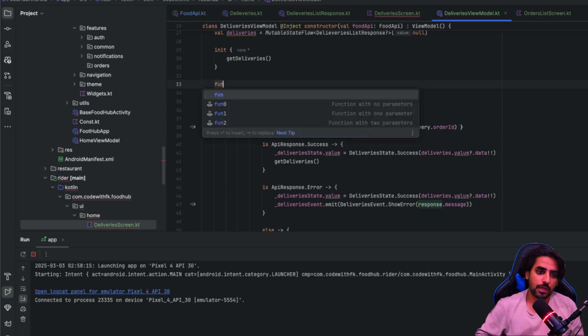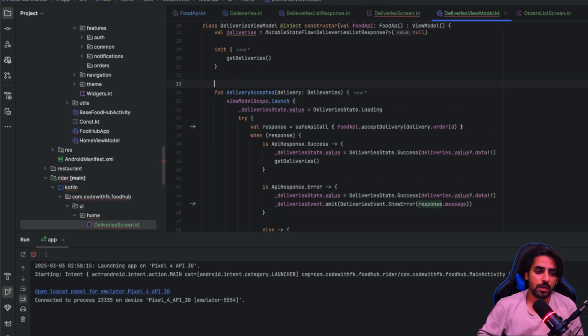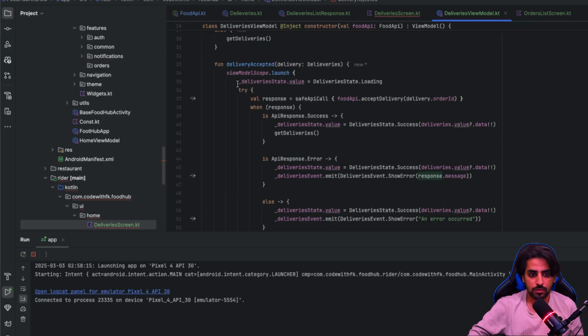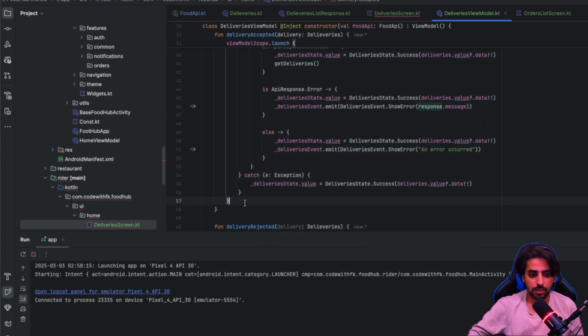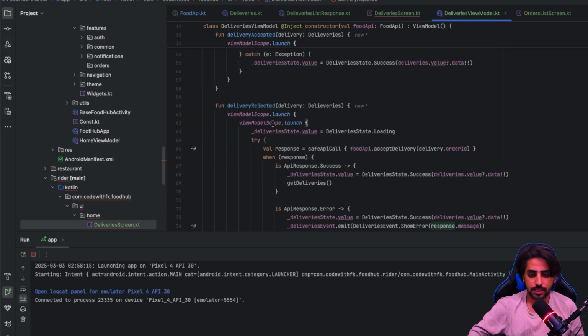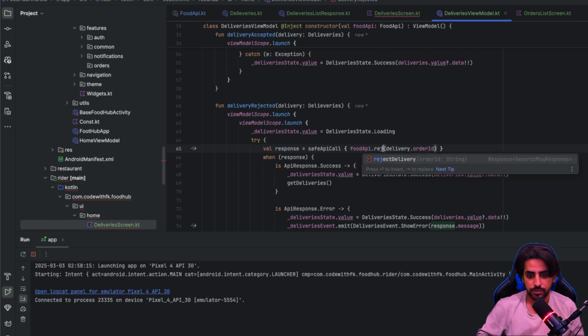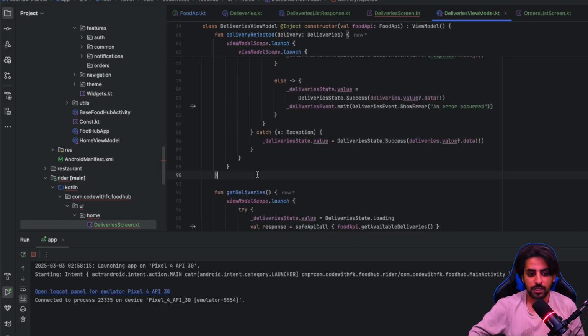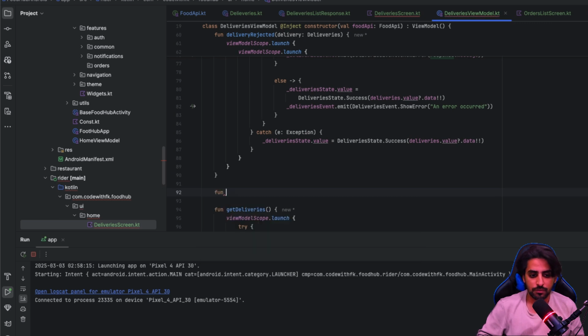And again, the same thing is going to be done for the delivery rejected section as well. So all I need to do is copy everything that we have over here, paste it inside that, and the only thing that is different for this specific section is reject delivery. The rest is the same, and since everything is the same, you can say function,